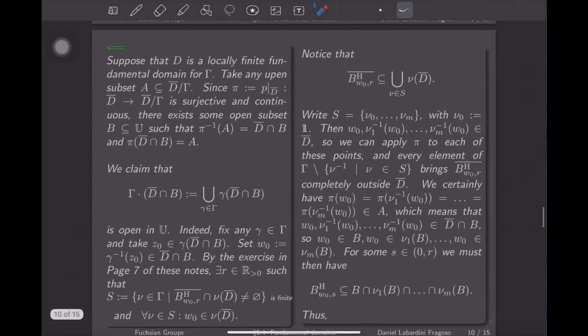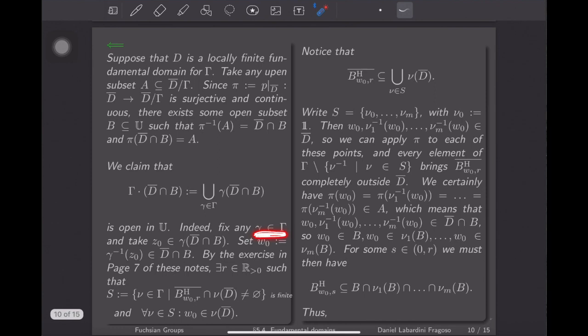Okay, so to prove that, take any element of gamma, right, any element here, and any point in the corresponding set in this union, right? And then somehow we want to produce some open disk around it, completely contained here. Right? Okay, now set W naught to be gamma inverse of this, right? So that we transport Z naught back to D bar intersect B,